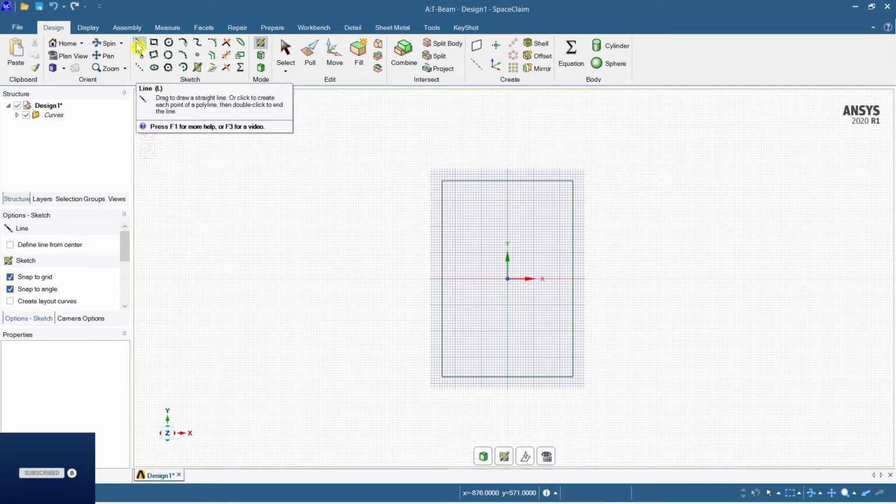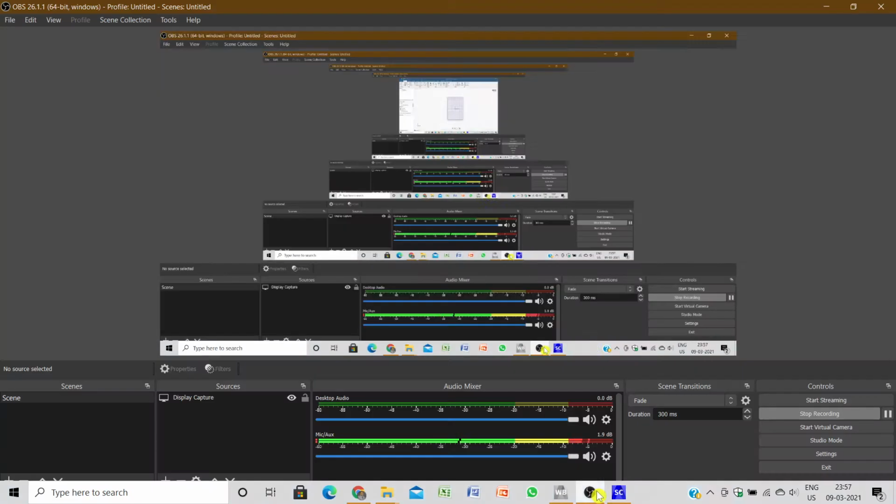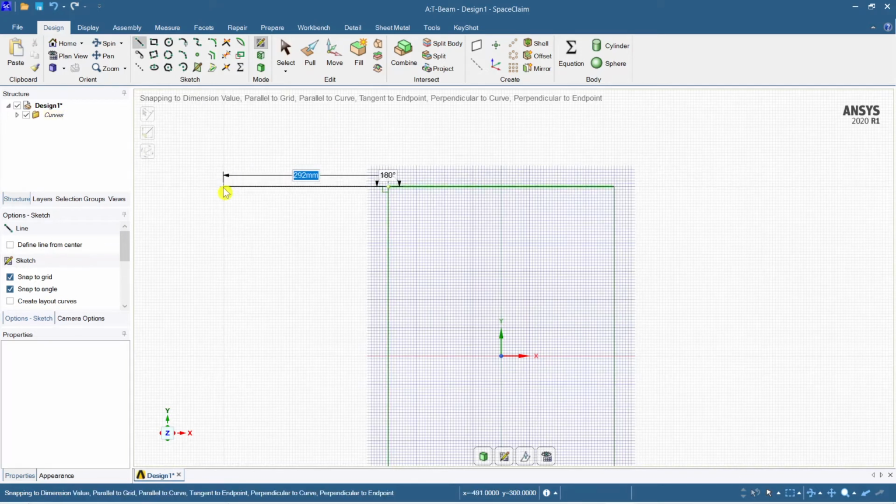Here I have to create a flange, which should be 3000 mm for the full span, and the depth should be 200 mm. So from here just go for 1300 mm.